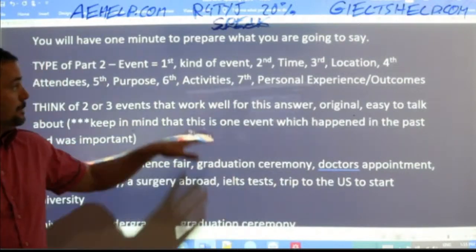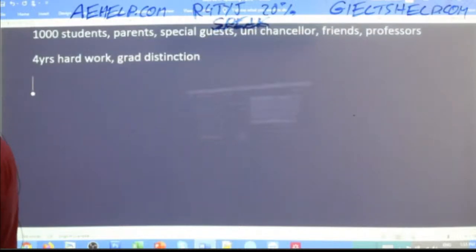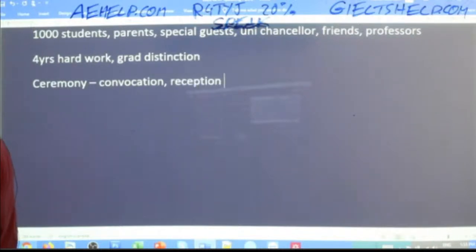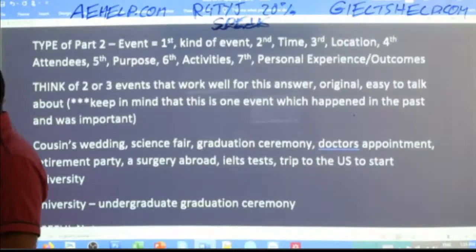activities. Probably the planned activities would have been the ceremony. The ceremony is called the convocation. It's nice vocabulary. Thank you for sharing that. I think that was Janelle. So convocation, reception, and party. Okay, that's usually what it is. All right, that's what would have been planned. Okay, and then